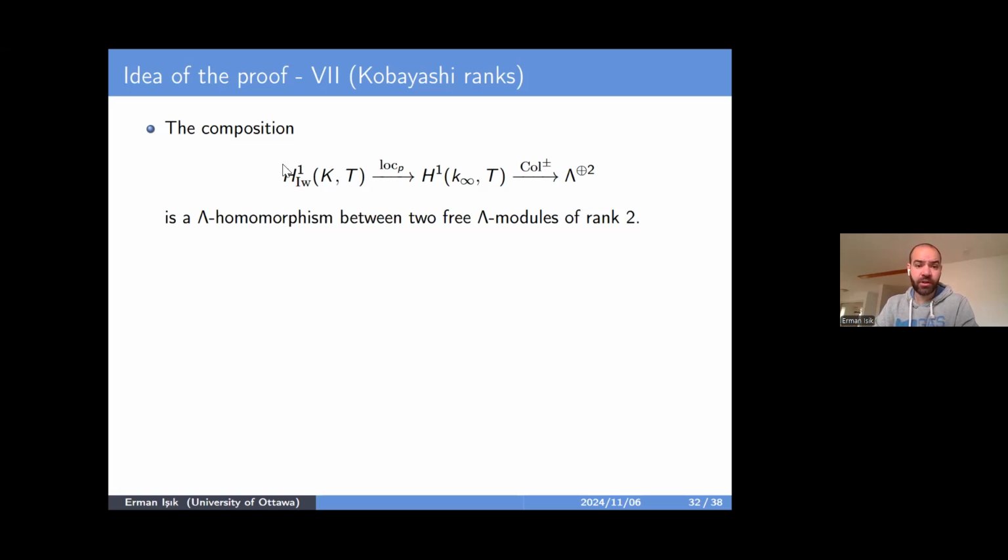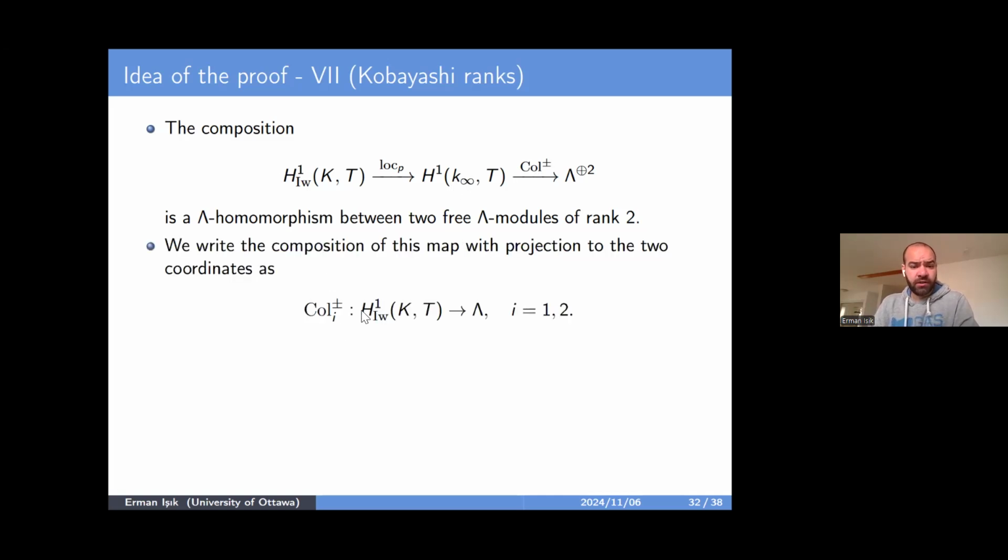In Kobayashi's case, this becomes of rank 1, therefore it leads to the objects that I mentioned in his case. In our case, it is a Lambda module of rank 2. And we define this compositum. This is the localization of K infinity at P. And we denote the